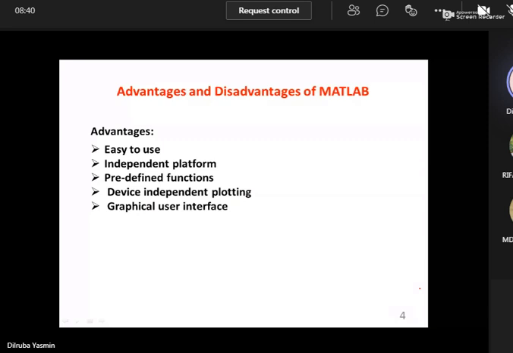Now we need to know what the advantages are, because we are going to use this software to solve different mathematical problems in the numerical method course. So what are the advantages? Yes, easy to use. That means you can use this software easily. The programming language is very simple